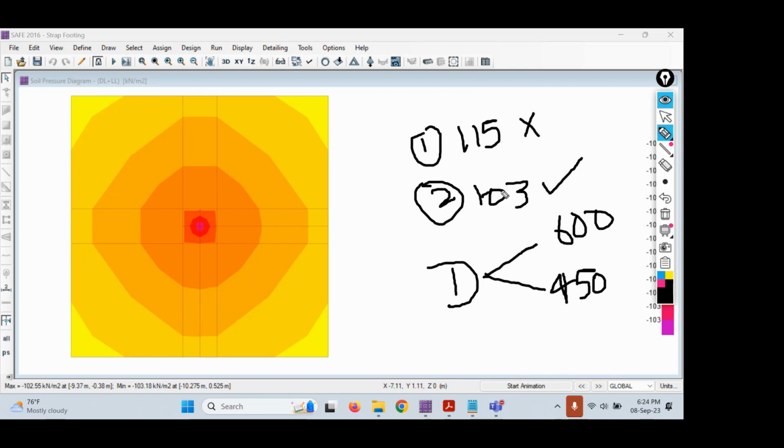So we cannot neglect that. Since 100 and 103 are close to each other, let us not bother about it. No, it's not that way. We'll still try to reduce it. How? In order to modify this one, let us work on the